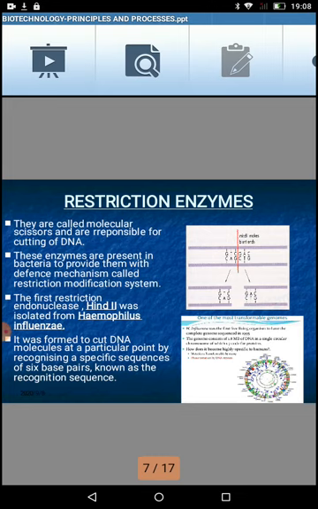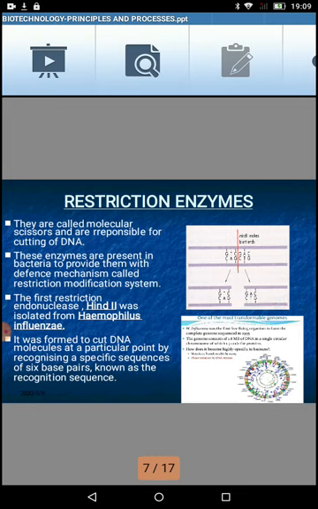And we humans, for biotechnology purposes, have isolated these restriction enzymes from the prokaryote for our use. So these restriction enzymes are bacterial in origin. They are present in the bacteria. Now, the information you can see in this slide: HindII was the first isolated restriction enzyme, and the organism from where it was isolated is Haemophilus influenzae.